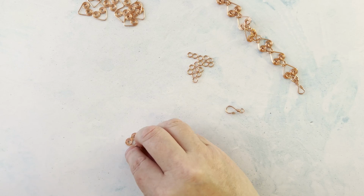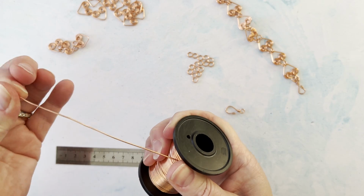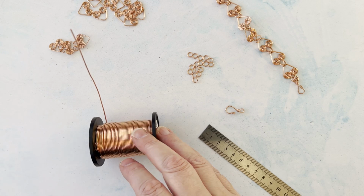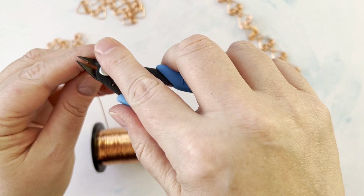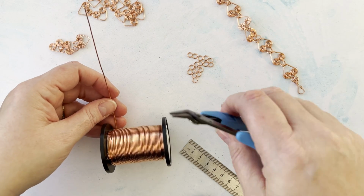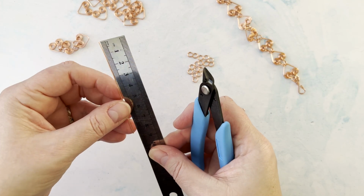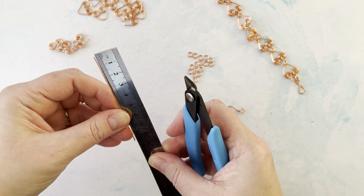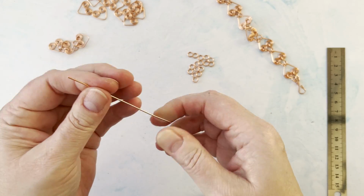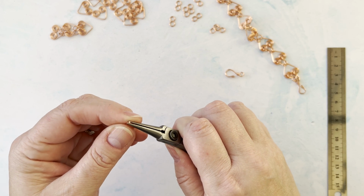Okay, so to make the clasp for the end, take your 1mm wire again. Great project because you can make the whole thing out of 1mm wire, which I think is great. Okay, so for this I would say you probably need about so much wire, which is how many centimeters? 8, something like that. Okay, so straighten it up. The very, very tip, just move those out of the way. The very, very tip, just bend it